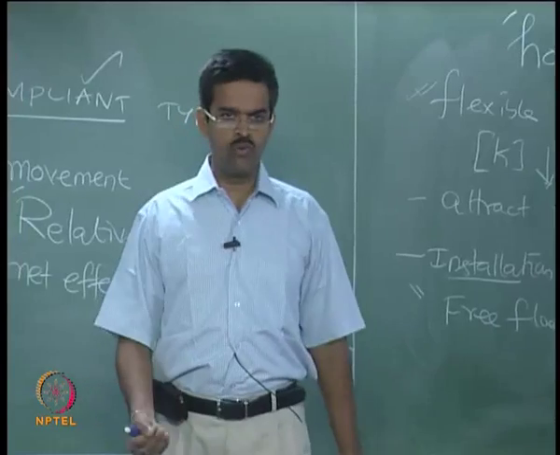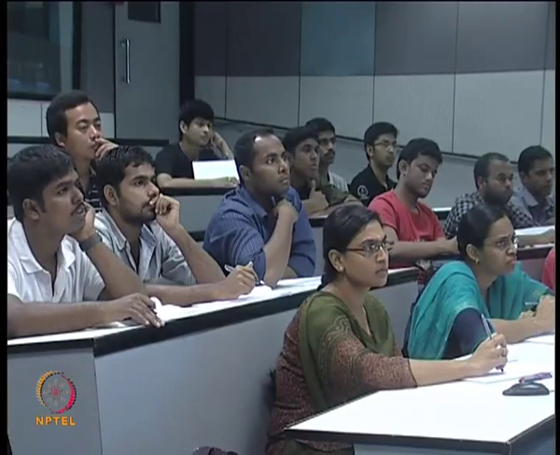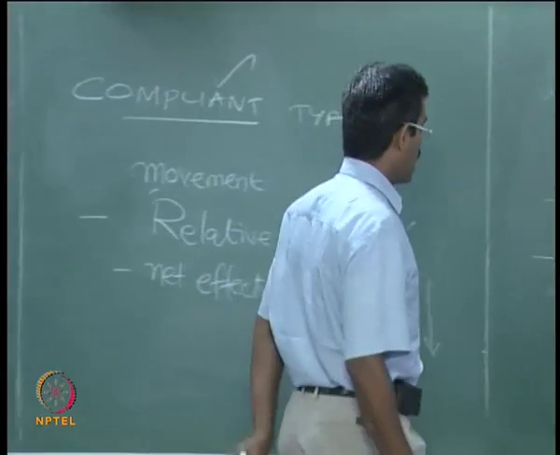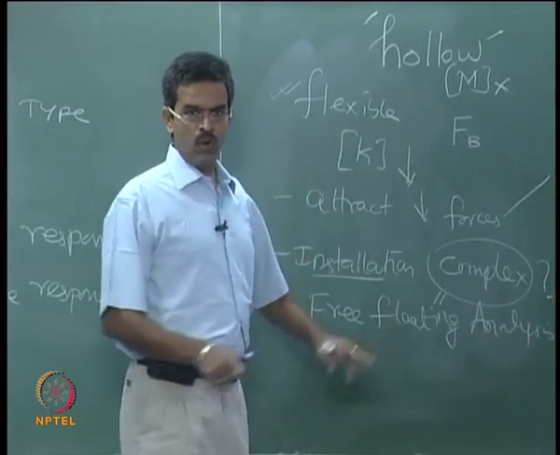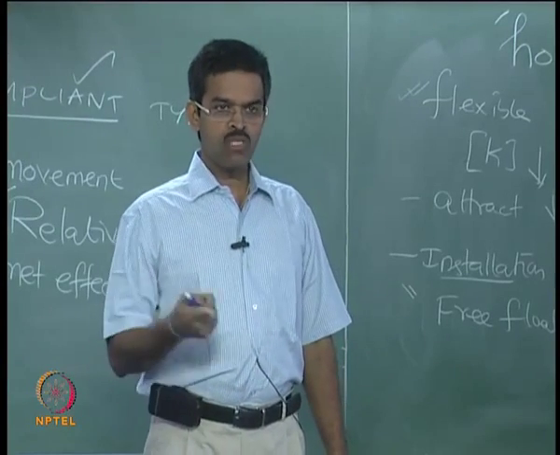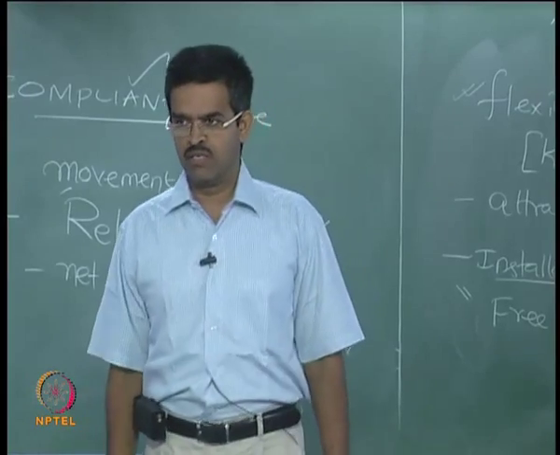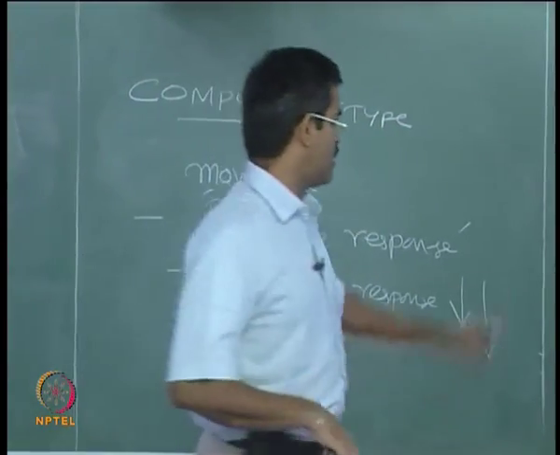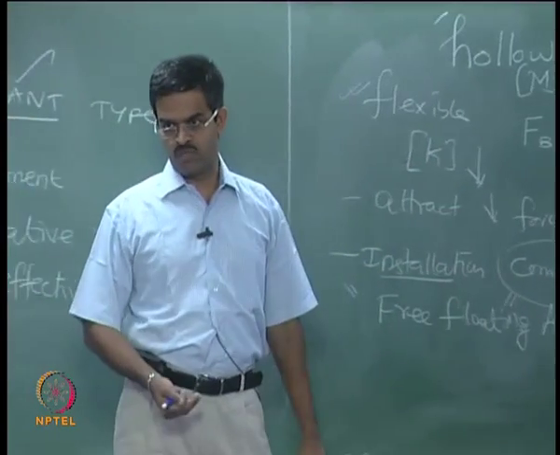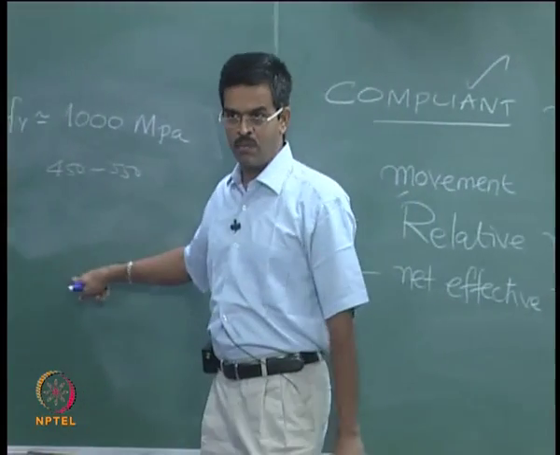Why do I have to reduce the forces acting on the structural system? What should be the reason? The essential reason is, I want to take this platform to greater water depths. When I move towards greater water depths, the force exerted by the water body on the member will be increasing exponentially. So, I won't have a system which will attract more forces if I want to use the system at deeper waters. Now, the counter question is, why can I not use a fixed type system at deeper waters?